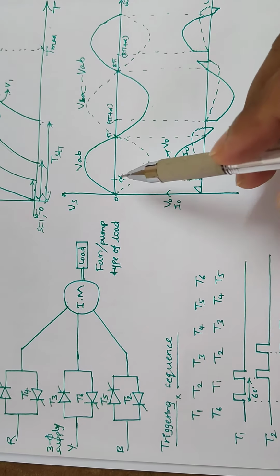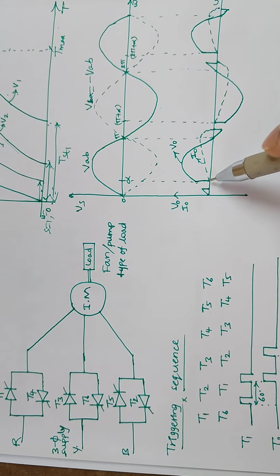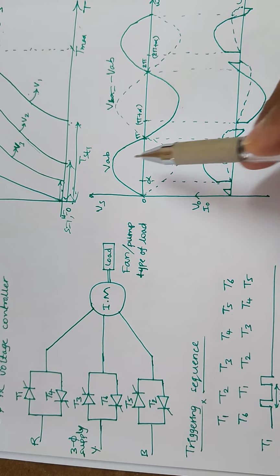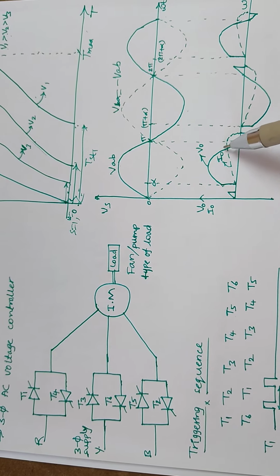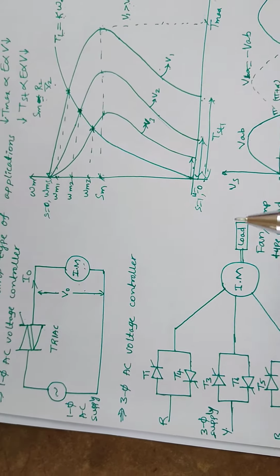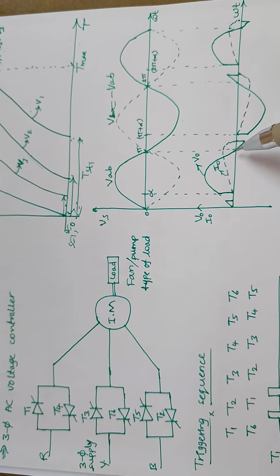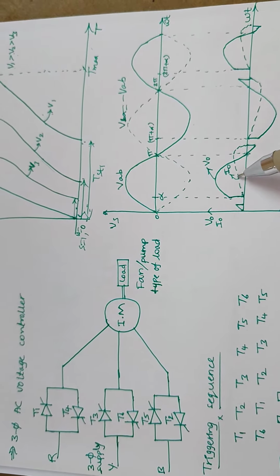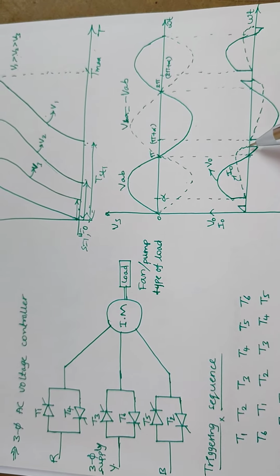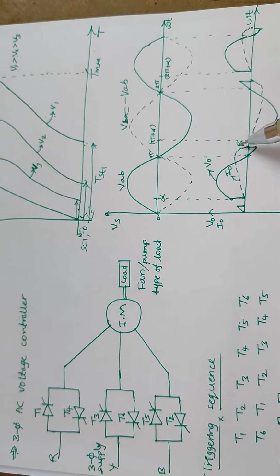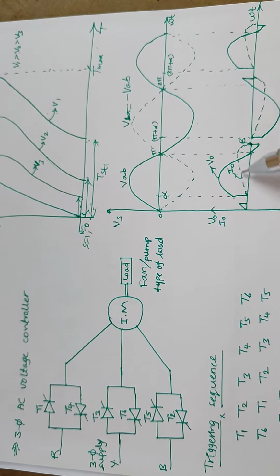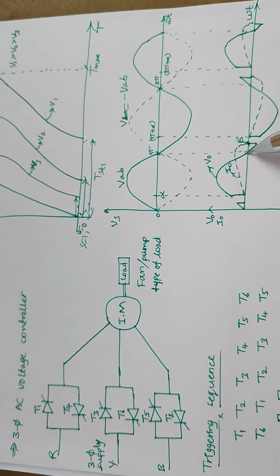When we provide the firing angle at alpha, from there onwards the thyristor will turn on. When the corresponding thyristor is turned on, it follows the supply voltage. If it is an RL load, the induction motor is inductive in nature, so its conduction extends into the negative region because of the current. The current I0 is extended up to this beta point, and till the beta point the source voltage, your output voltage, also extends